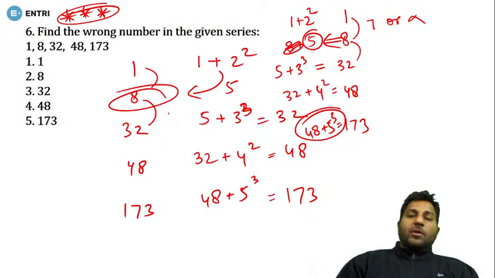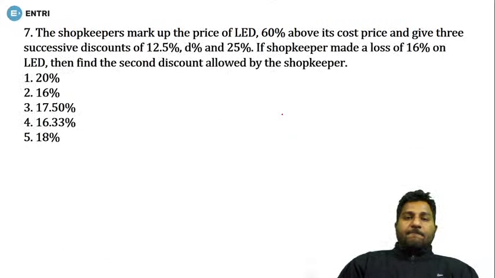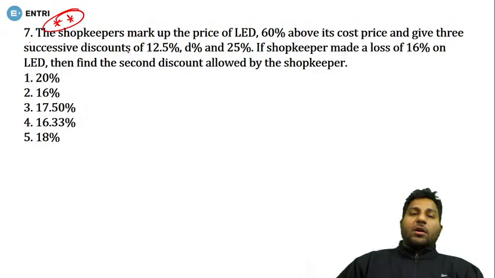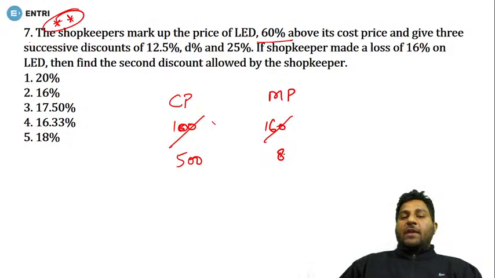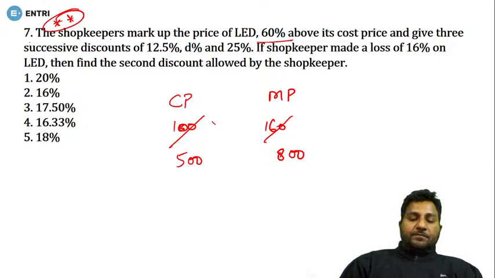Okay, let's move on. Just collect this data. Next one. Look at this. This question is a bit of an important one. It's from profit and loss. A shopkeeper marks up the price of an LED 60% above the cost price. So let's say the cost price was 100, the marked price was 160, which means from 5 to 8, which means from 500 to 800. Okay, so we have got the data now,